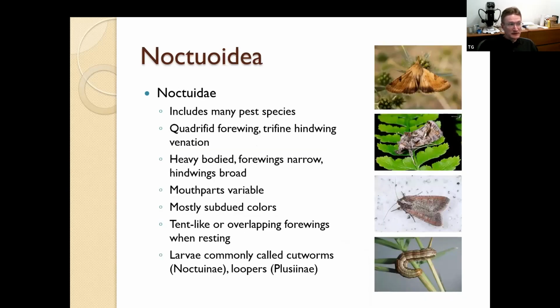And the noctuids then, specifically the noctuids, contains probably the most number of pest species. You can get into some noctuid taxonomy based on the different veins in the forewings and hindwings and all. That's way too complicated for this session, but a lot of the larvae are commonly called cutworms or loopers, and loopers specifically refer to the Plusiinae subfamily that contains a lot of different pest species like this guy here in the middle. This family contains